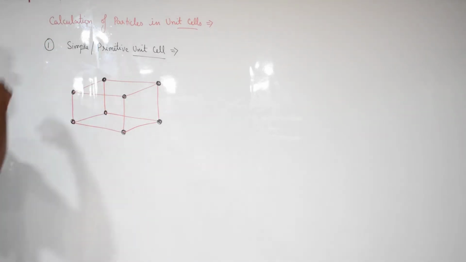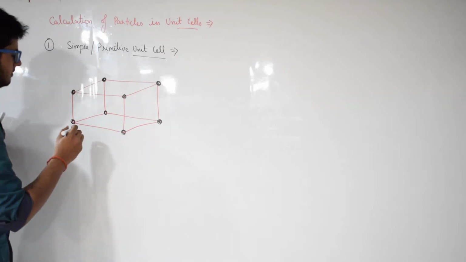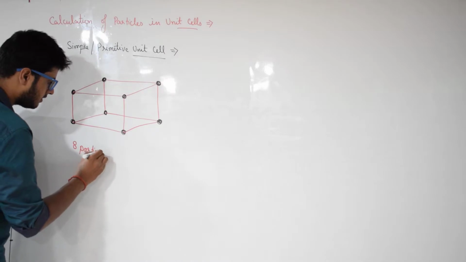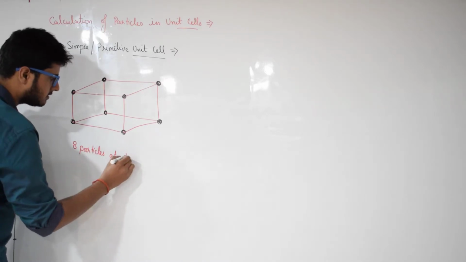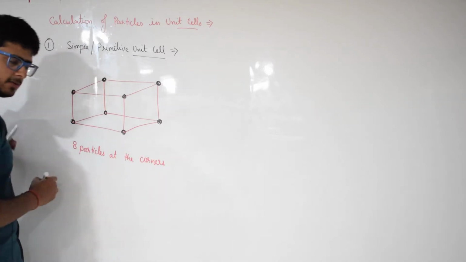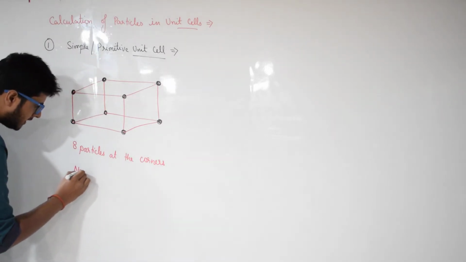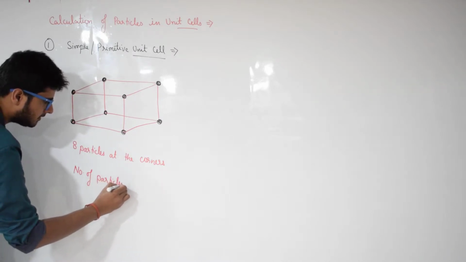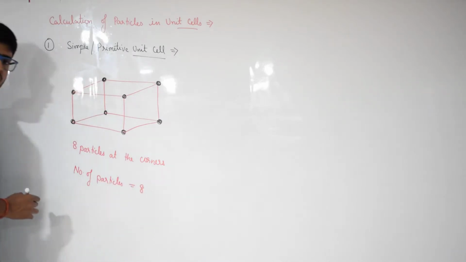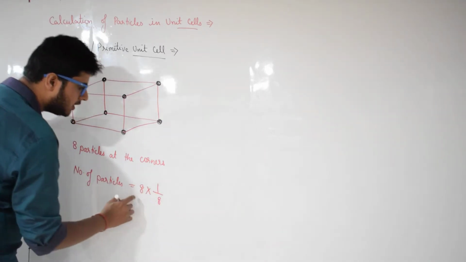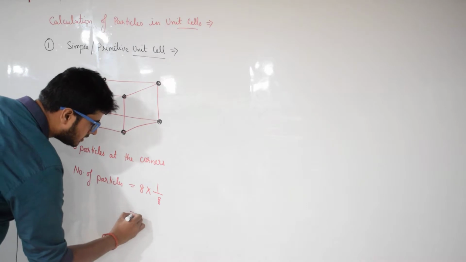So, when we have to calculate the number of particles, we know that we have 8 particles at the 8 corners, and the contribution of one particle at the corner is 1 by 8. So, 8 multiplied by 1 by 8 is equal to 1